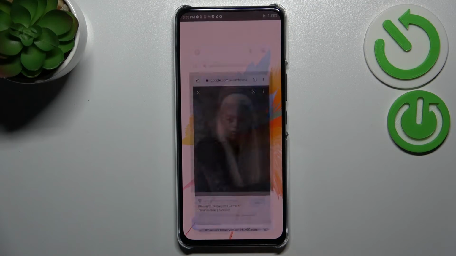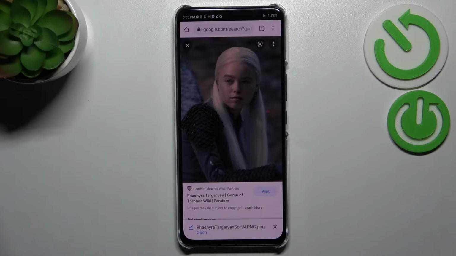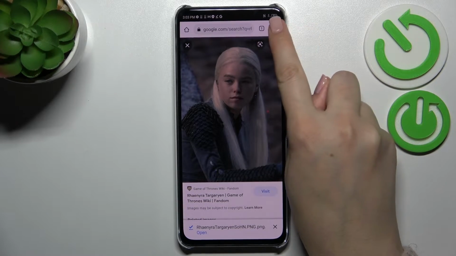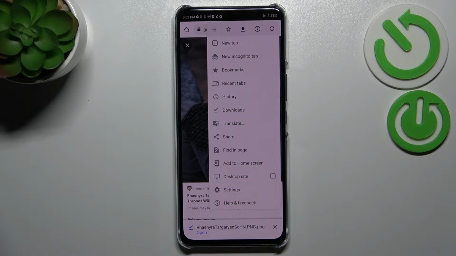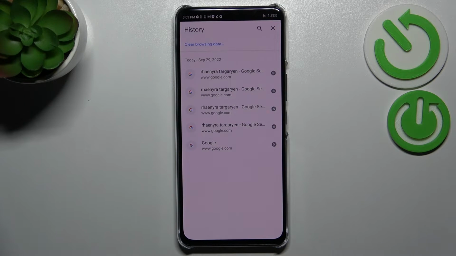So first of all, let's open the browser, and in my case it will be Google Chrome. And now simply tap on the three dots icon in the right upper corner. Now let's enter the history, and as you can see here, we've been transferred to the list of all previously